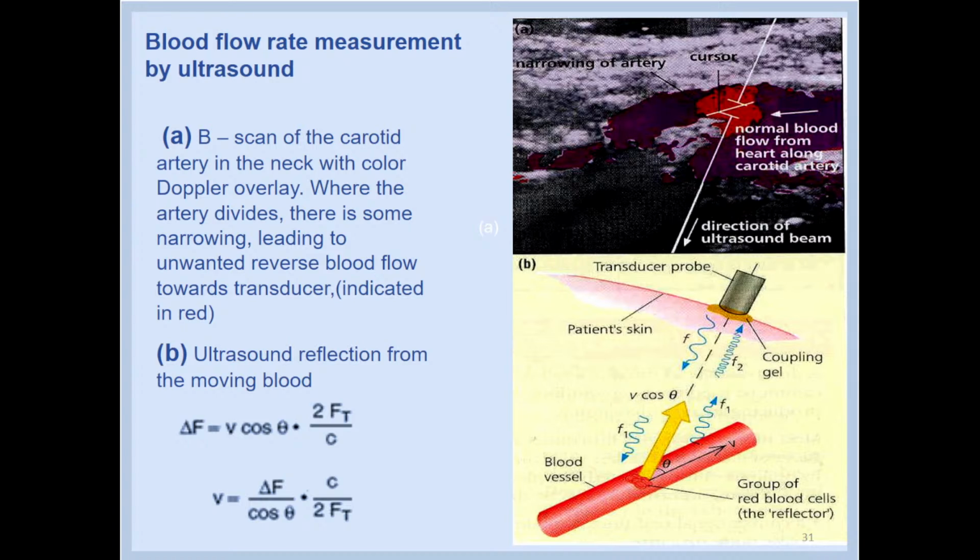Since individual red blood cells have diameters of about 6 micrometers, only the scatter from the clumps of cells can be identified. The diagram illustrates the physics principle of blood flow measurement by the Doppler shift technique. Using either a continuous or pulse wave Doppler system, the ultrasound is directed toward the sample. The Doppler shift in frequency, delta F,